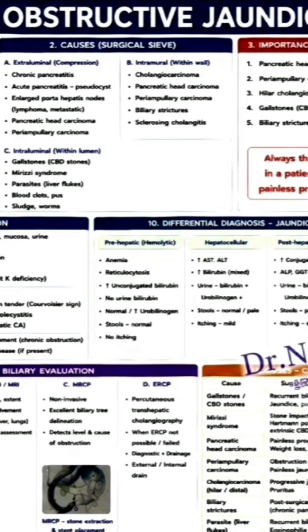Why the steatorrhea and bleeding? Now another important concept. Bile is needed for fat emulsification and absorption. So when the bile can't enter the intestine, the fat absorption decreases. As a result, patients develop bulky, greasy stools, steatorrhea, and deficiencies of fat-soluble vitamins, vitamin A, D, E, K. Vitamin K deficiency is surgically very important because vitamin K is needed to produce clotting factors. So patients develop prolonged PT